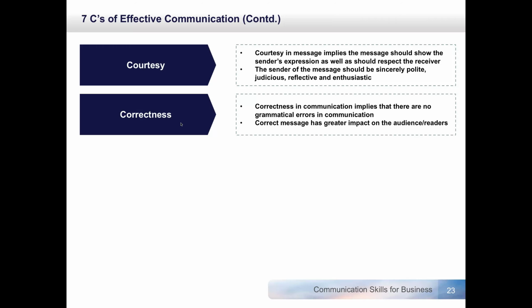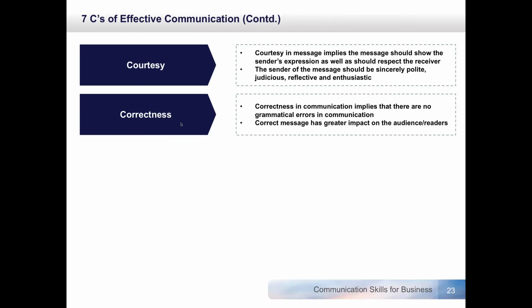Your message has to be quite courteous. You want to make them feel welcome when they're coming over for dinner or something, and your communication has to be courteous. When you send out a card, if it's a birthday party or a birthday invite, you send out something which is quite courteous, and the message is quite clear. Starts at this time, finishes at that time. This is the flow of